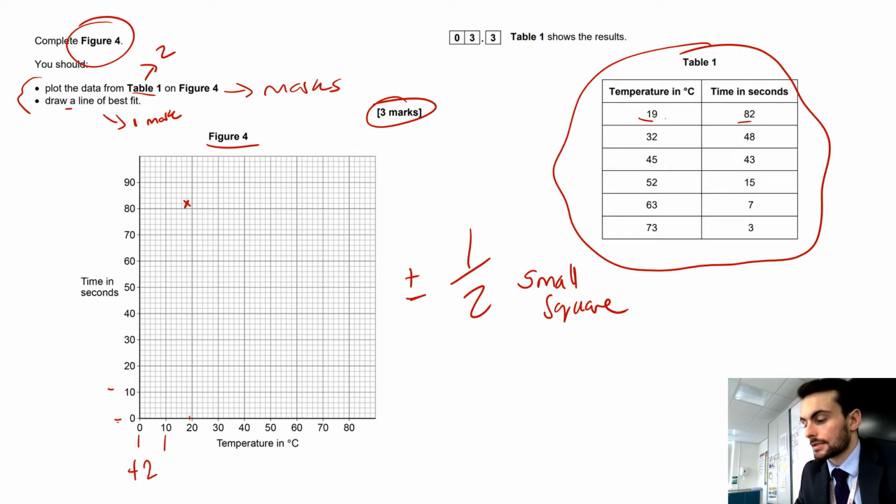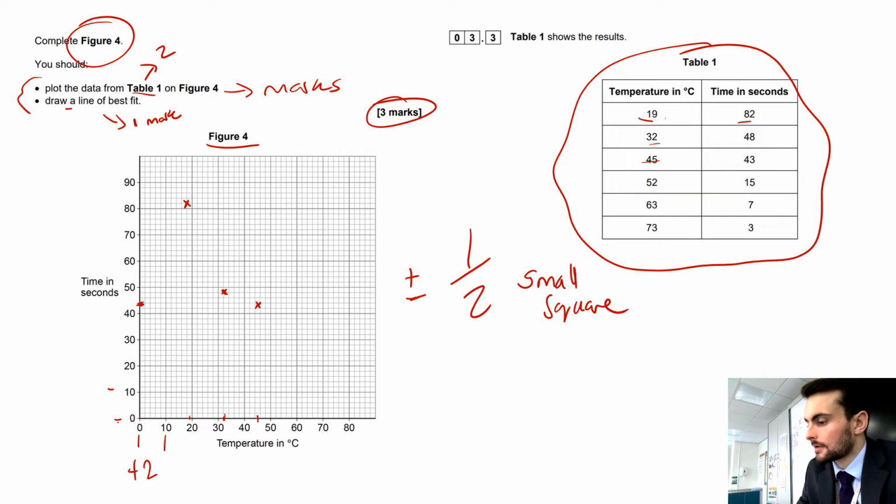If you're precise with this, it's just easy marks, don't lose them. So temperature 32 is going to be 1 square above 30 on the x-axis, and then the time is 48, so that is 1 little square under 50 on the y-axis. Next one, temperature 45, it's going to be smack bang between 40 and 50 on the x-axis, and it's going to be 1.5 squares above 40 on the y-axis,